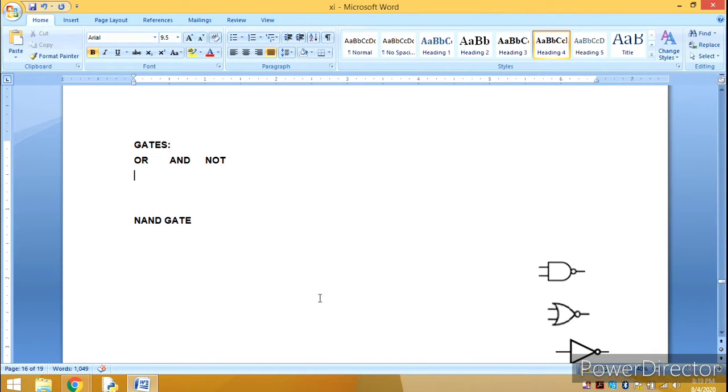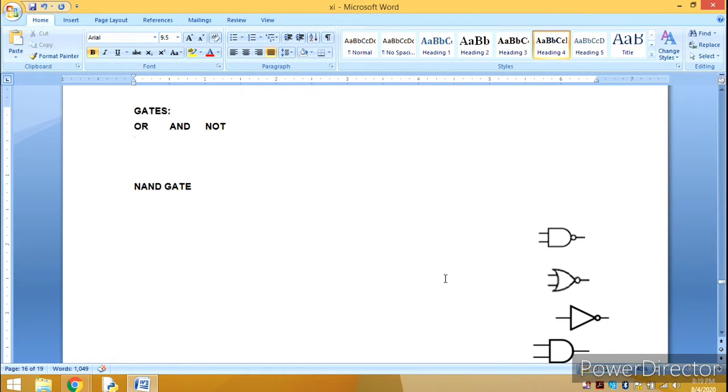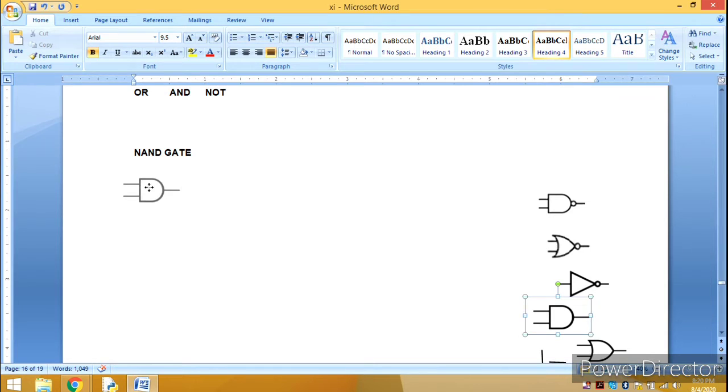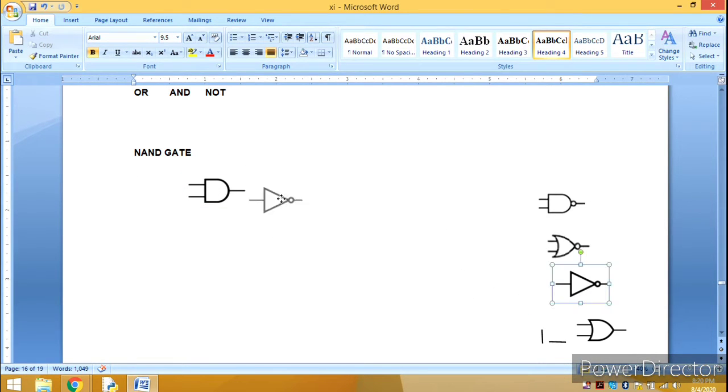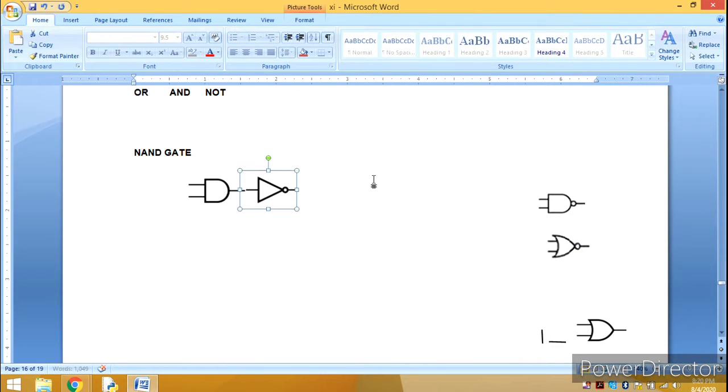So NAND is what? The combination of AND and NOT. If you see, we have an AND gate, and if along with the AND we get one more operator, that is the NOT operator, then jointly we say it is a NAND gate. NAND means what? NOT of AND. That means if the input over here is A,